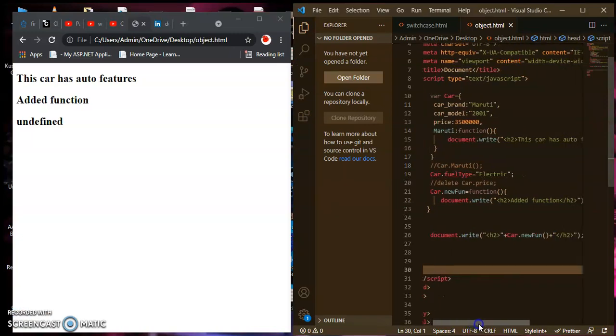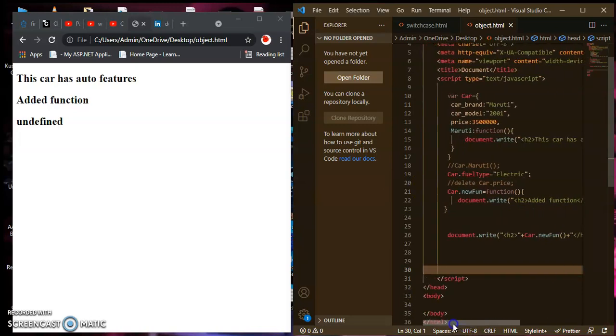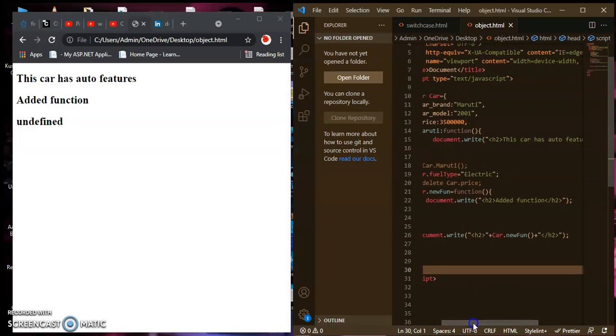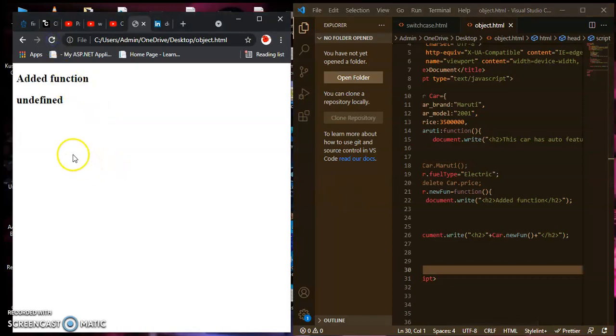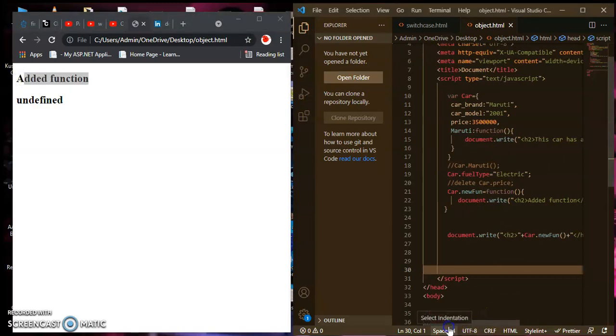I am adding it inside document.write, so it will display the message of this function. Whatever I added as the new function inside this object using car.newFunction name, the value of this function will be displayed. You can see here the added function message is displayed, because of the message inside the new function.